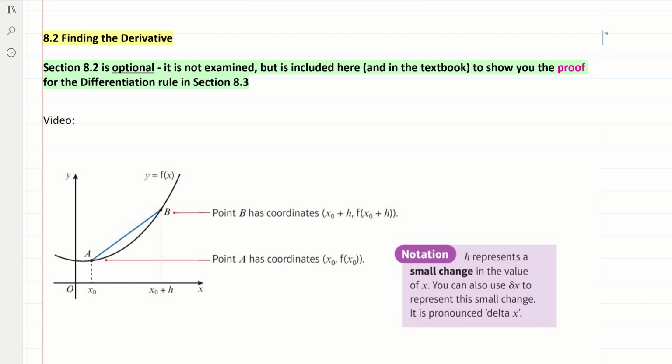In this video, I'm going through Pure 1, Chapter 8, section 8.2, which goes through a semi-algebraic way of proving the differentiation rule. It's kind of a proof, but it's using a mixture of numbers and algebra. It's not examined, so this video is optional. It's very similar to the last example in